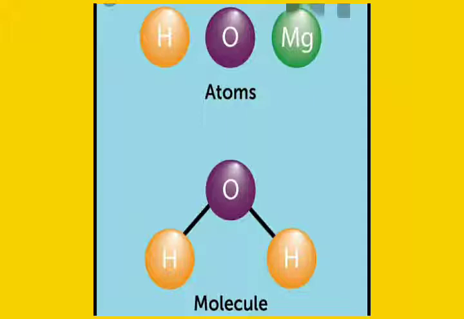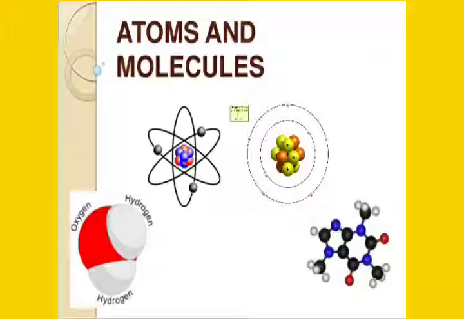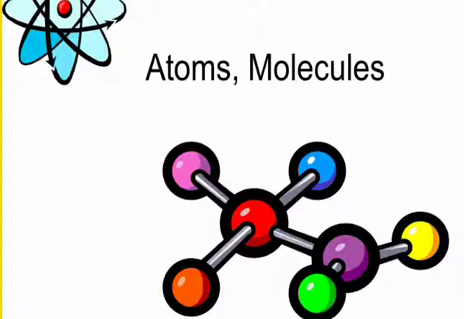Whereas a molecule can be defined as the smallest unit of an element or a compound which exhibits all the properties of that element or compound and has independent existence. They are divisible into atoms. Molecules do not take part in chemical reactions. So here you can find the two differences between atoms and molecules also. The first difference: atoms may or may not have independent existence, whereas molecules have independent existence. Second, atoms can take part in chemical reactions, whereas molecules do not take part in chemical reactions.